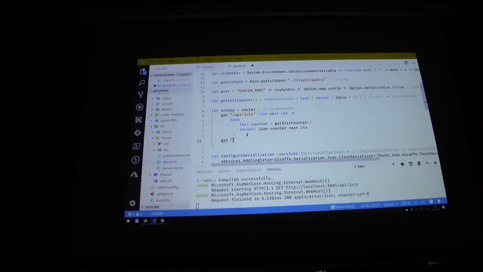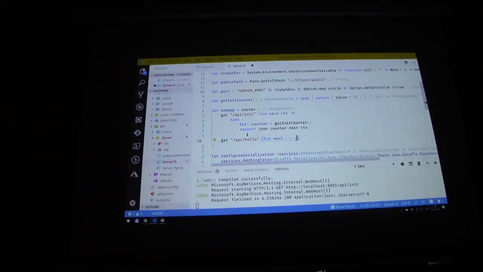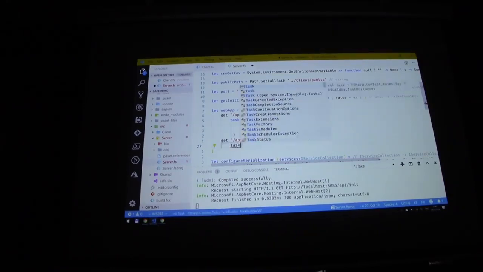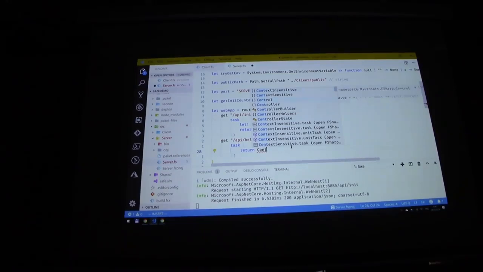Let's say get API hello, and that should return something. You see this next and context things, because that's the middleware approach. So there is a pipeline with several middlewares. In this case, every handler is a middleware, so you can either call the next one or not. You don't have to. Like in this case, we can just actually return, so for example, controller text,